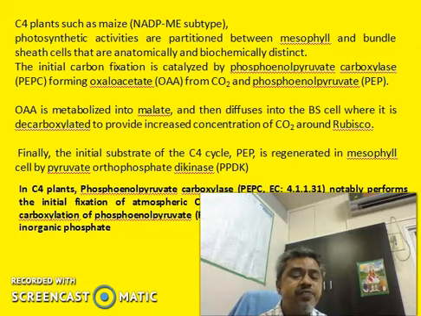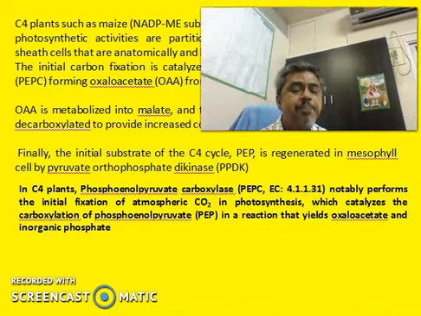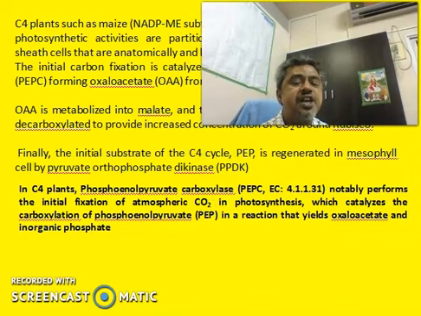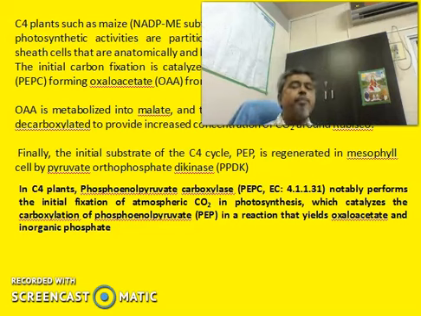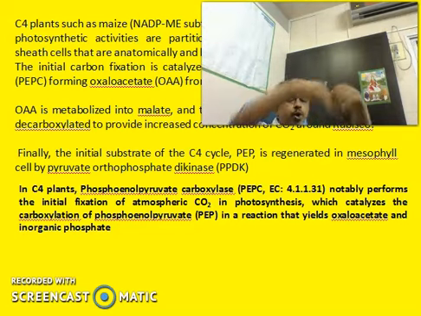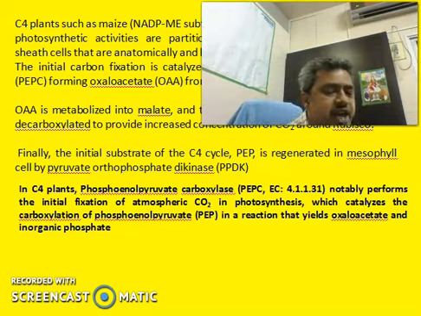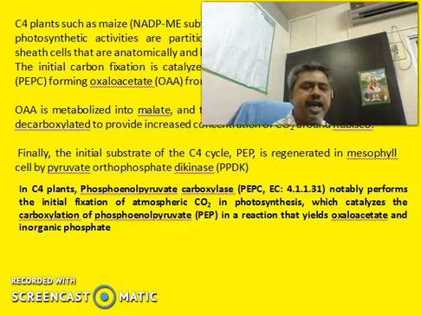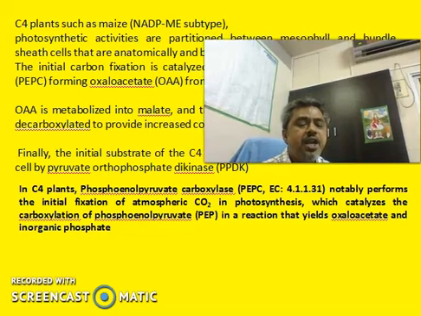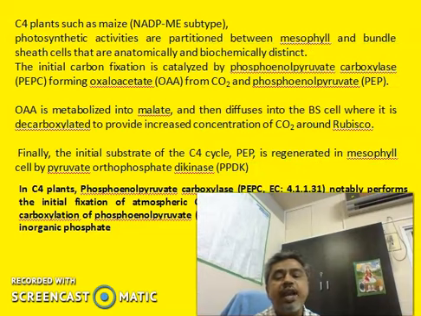Generally in C4 plants, PEP carboxylase, this is the EC number, performs the initial fixation of atmospheric CO2 in the photosynthesis reaction, which catalyzes the carboxylation of PEP in a reaction that yields oxaloacetate and inorganic